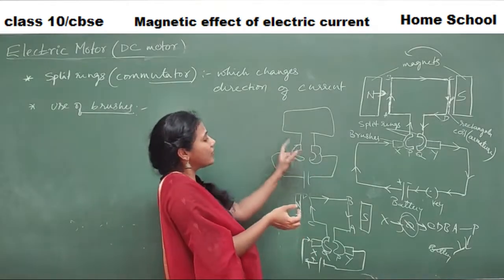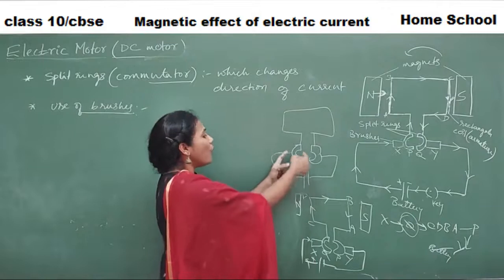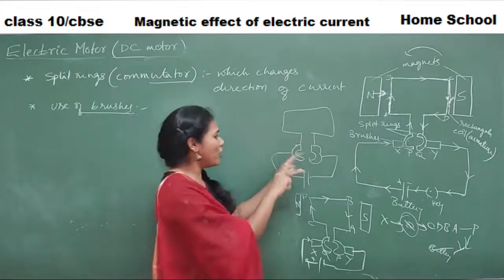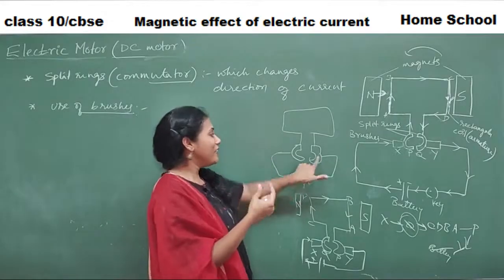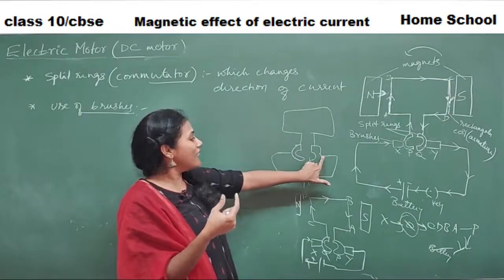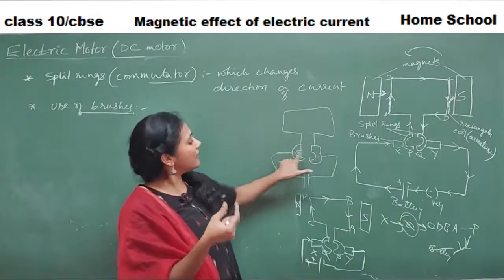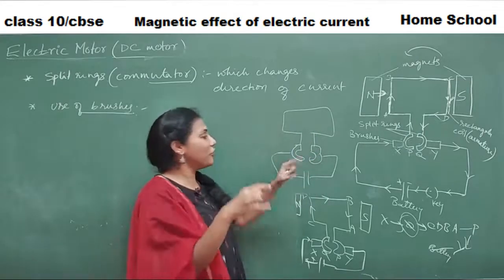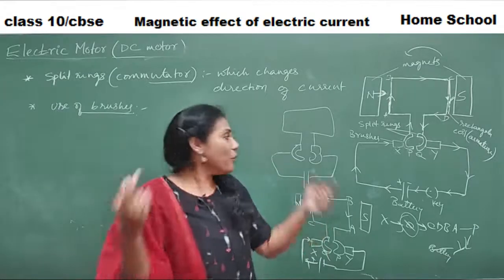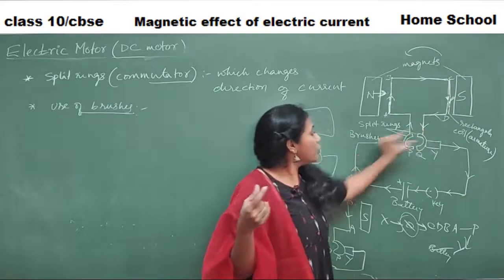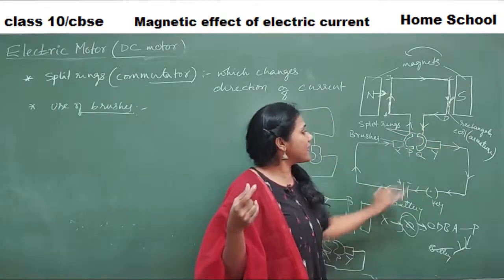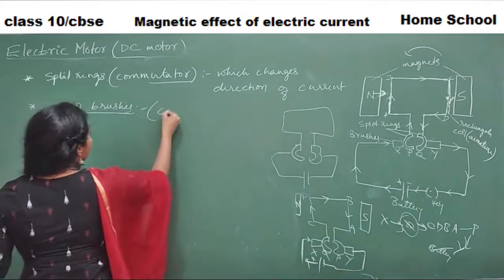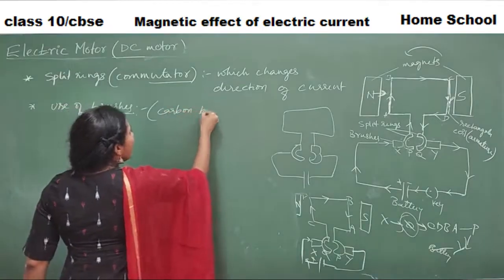When the split rings turn or when the coil turns, the wires are very much flexible. They will also get messed up, isn't it? They will also get wound up on one another. When this comes here, this goes here, along with the wire, the split ring comes here and this goes there. Then every time a split ring turns, at every half rotation, the wires keep messing up, right? So we want one fixed thing to keep our wires safe, to keep our circuit safe. That's why we use brushes. These brushes are nothing but carbon brushes. They are called carbon brushes.